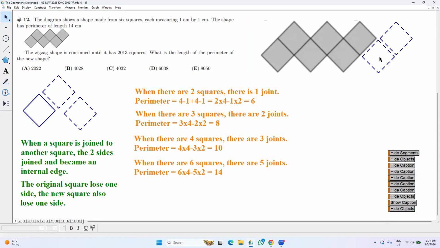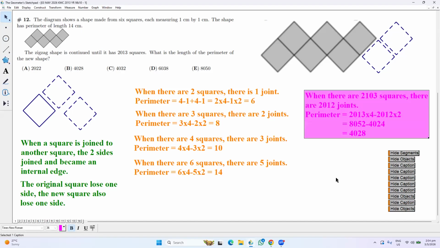Whether you join the square in this position or in the other upper part of the zigzag, it's always one joint, two sides forming the internal edge. So when there are 2013 squares,